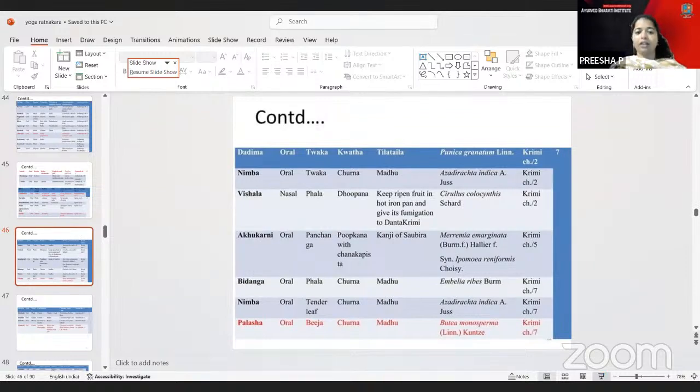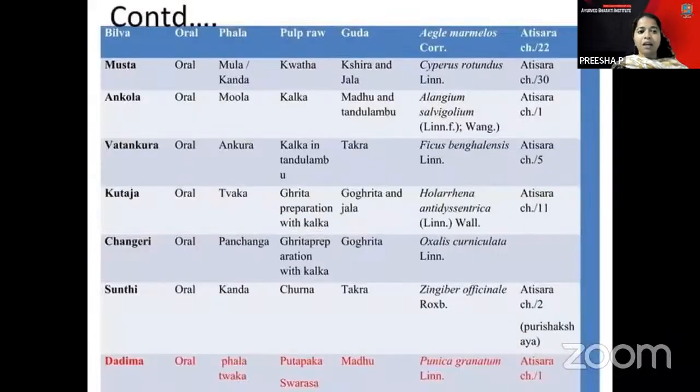So here the Rasona is finished. The Dadima Falatwak, mostly the condition is the Adhisara condition. That is why the Dadima Churna is given with Indukanda Grita in cases of Bala Adhisara, generally in chronic Adhisara conditions. That you can consider. Though Grita Prayoga is contraindicated, the Dadima has an effect on it.